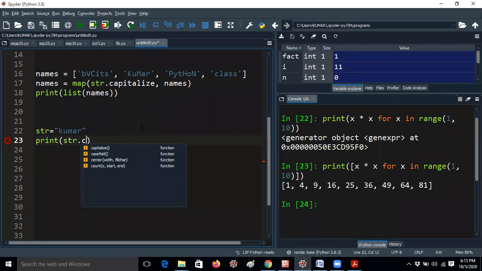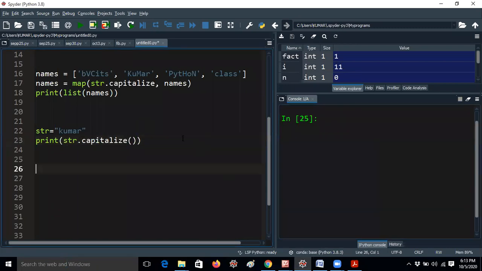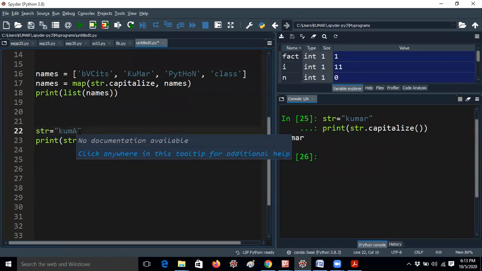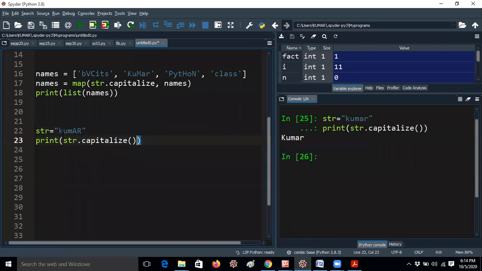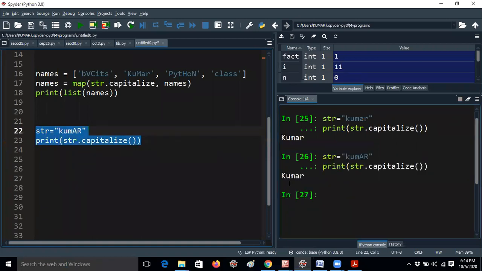So capitalize, then the first letter will be displayed as a capital letter. Okay, Kumar I'm getting. If I give AR as capital letters also, it will come in the correct order: the first letter will be capital and the remaining letters will be printed small. This is called the capitalize method. This is a predefined method actually.